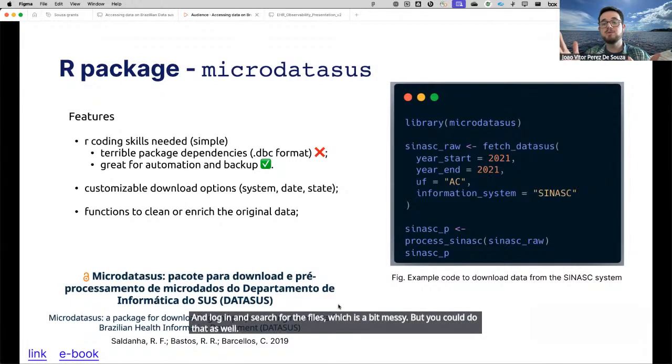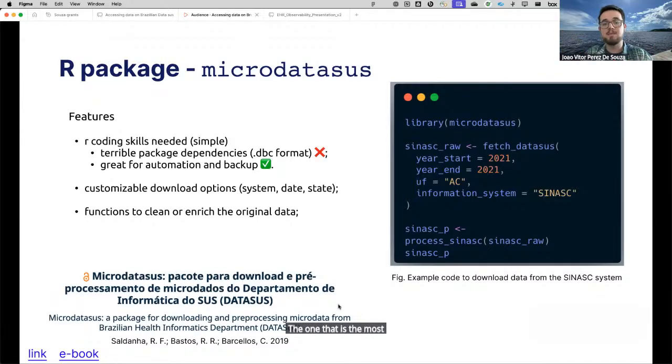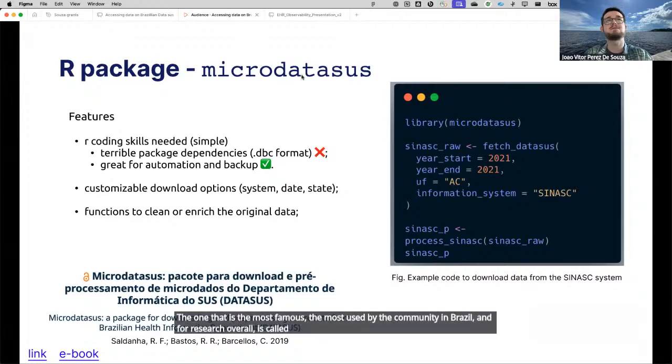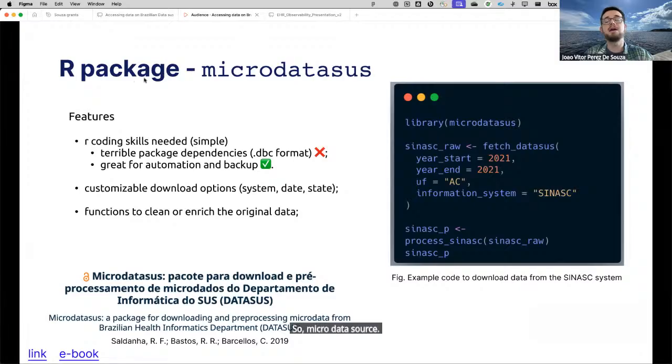The one that is the most famous, the most used by the community in Brazil and for research overall is called Micro DataSUS. It is an R package, but there are, as I told you, examples for other languages as well. The things to consider is that you need some R coding skills, but it's pretty simple actually.